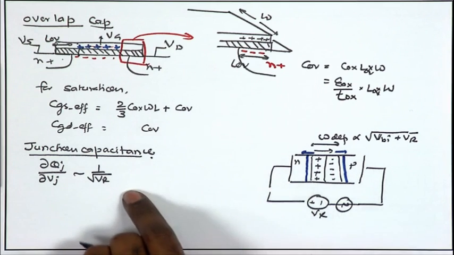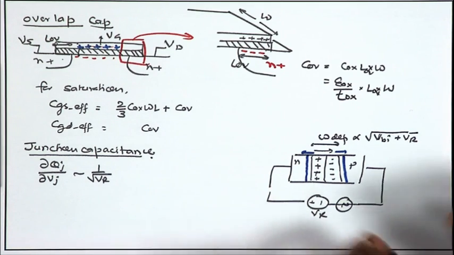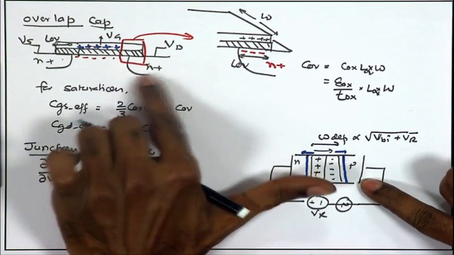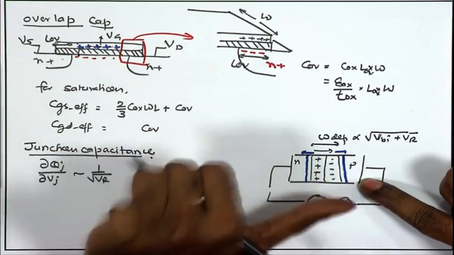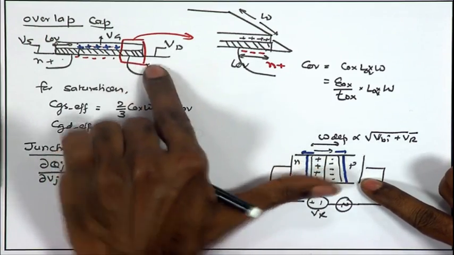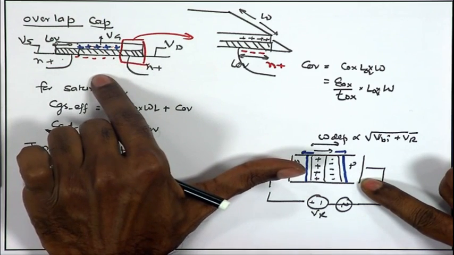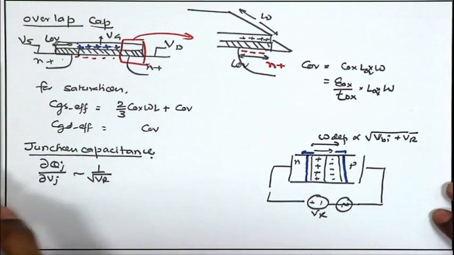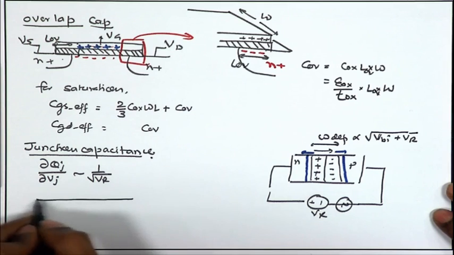So, the same phenomenon of junction capacitance, that is the charge storage mechanism, is present in the MOSFET, because the MOSFET inherently has this PN junction built in between the N plus source and drain and the substrate for the NMOS, and likewise P plus source and drain and the substrate for the PMOS. So, once again,